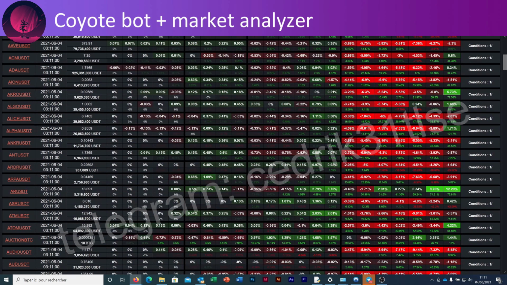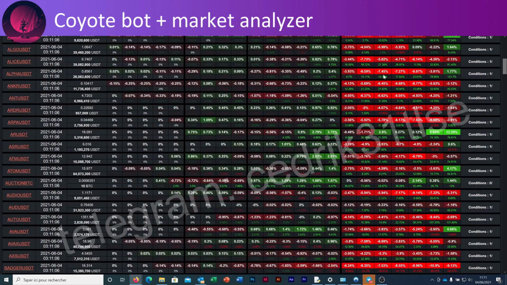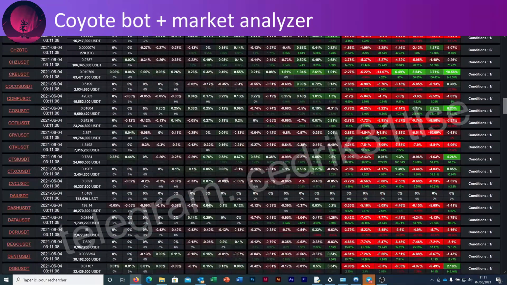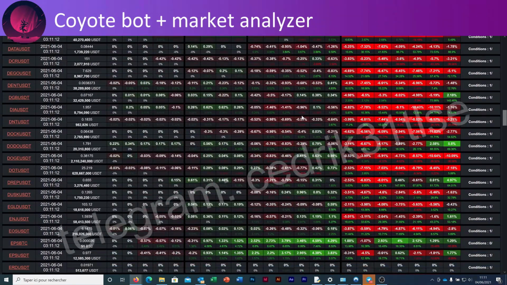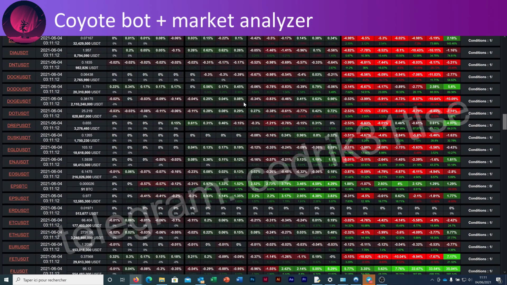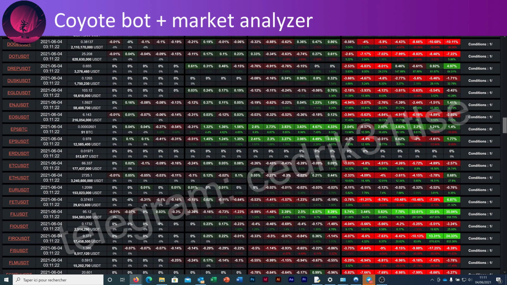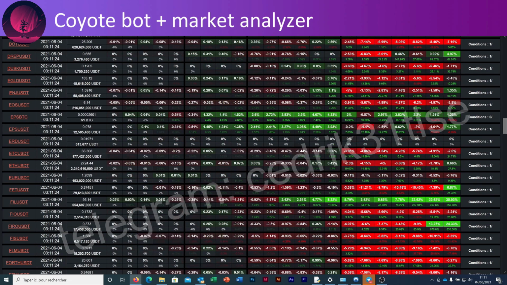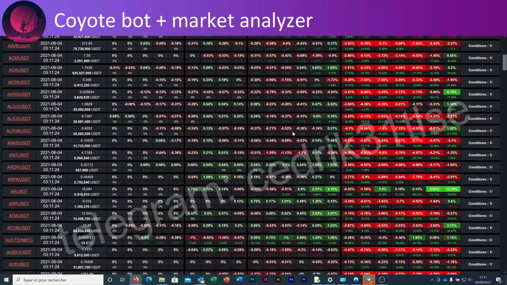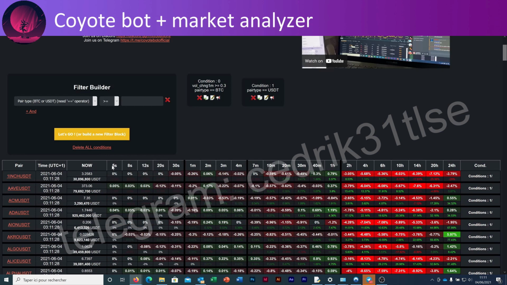Here you can see the whole market is quite red because Elon Musk just tweeted something against Bitcoin. But what is interesting here is we can still find some green lines, like here. You have EPS, which is green. You have also another one, which is green. So with this tool, you can still find some interesting coins, even in this kind of bear market. It's very useful to spot the good coins.